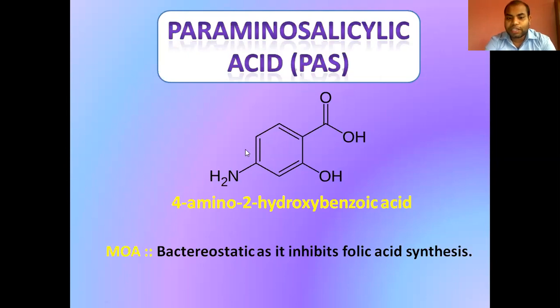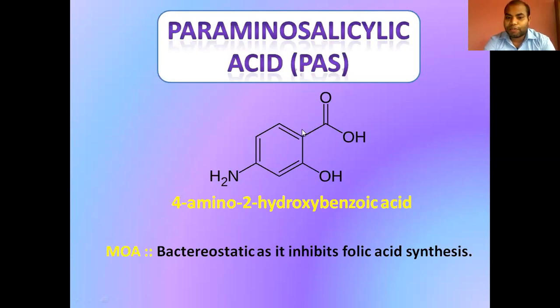In terms of the IUPAC name, the parent structure is carboxylic acid. In IUPAC nomenclature, you know that carboxylic acid is the highest priority group. Benzene with a carboxylic acid is benzoic acid, so the parent chain is benzoic acid. We have to determine the other substituents present on the benzoic acid. There are two substituents on the benzoic acid. If we number it 1, 2, 3, 4, 5, 6, the numbering comes this way, as the second position has the hydroxy group.